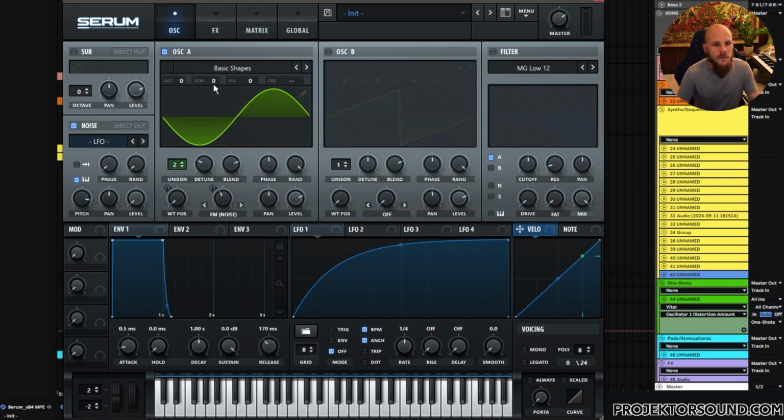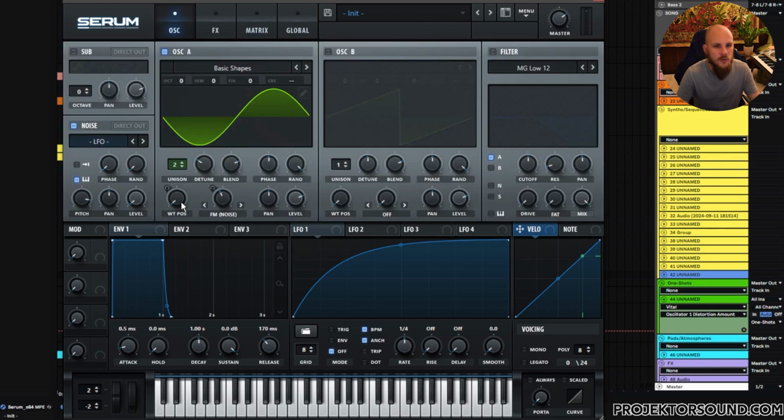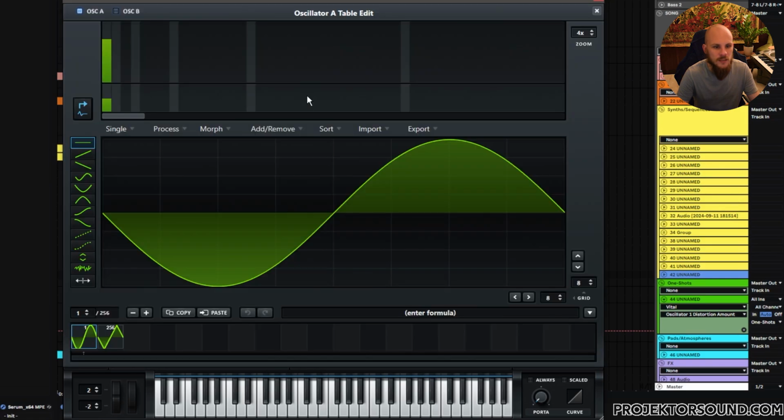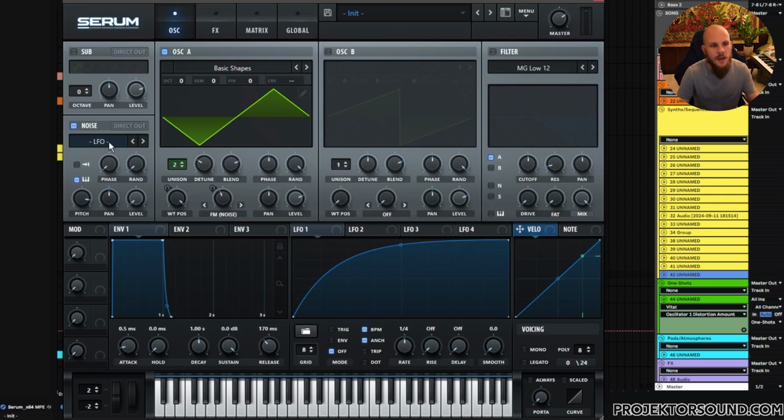I just want to show you the fact that we have this sine wave over here with two voices of unison, a little bit of detune, and then the FM is being randomly modulated by a note on random. We're also randomly modulating the wavetable over here, and you can see that this wavetable is nothing more than a morph between a sine wave and a triangle wave. This is just so that we get a little bit of an extra difference in the texture every time that it plays. But the real magic is what is happening with the noise oscillator and the FM being used from